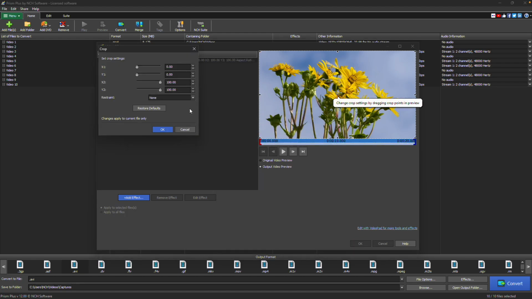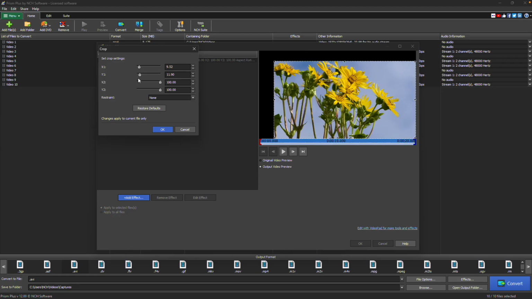You'll see several options for adjusting the crop. The settings include X1 for the left section, Y1 for the top, X2 for the right, and Y2 for the bottom. These correspond to the 4 sides of your video, and you can adjust each by moving the sliders. As you make adjustments, the changes will be reflected in the preview window, so you can see how the crop